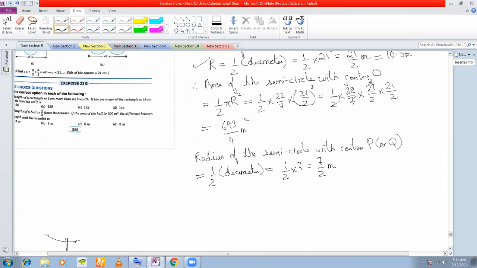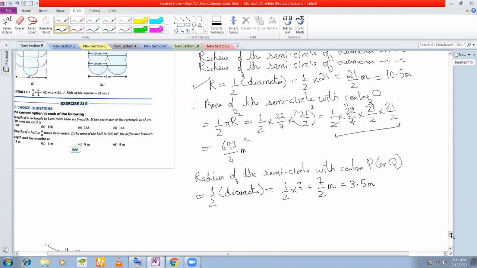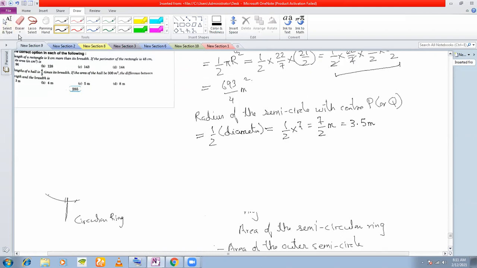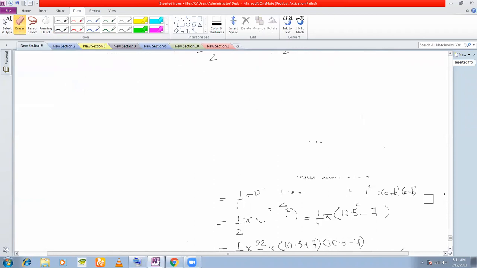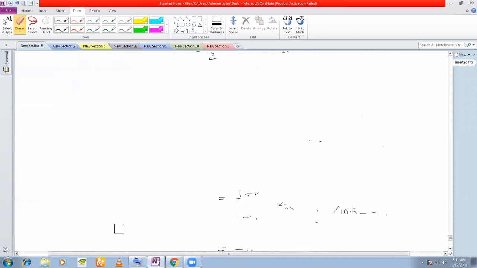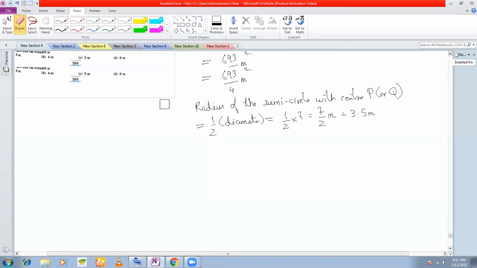Yes, it is equal to half into 7, 7 by 2 meters. You can keep it as a fraction. Better still, you can work with fractions later on also. A little better, because see here, I have worked with a fraction. So it was a little convenient. So this is what,